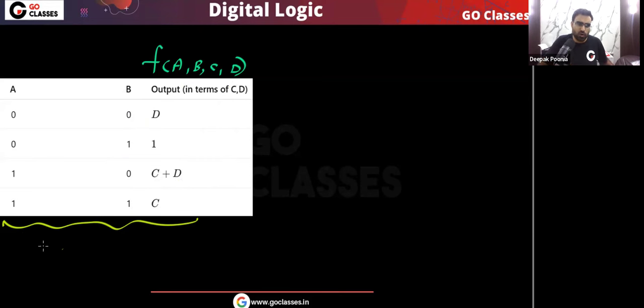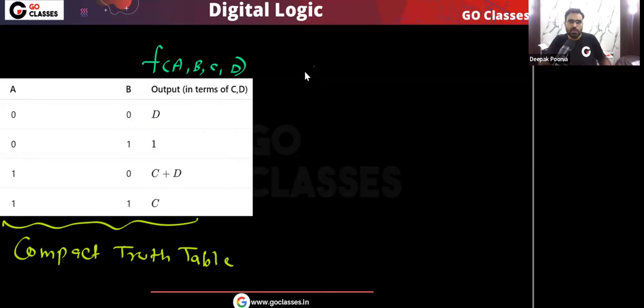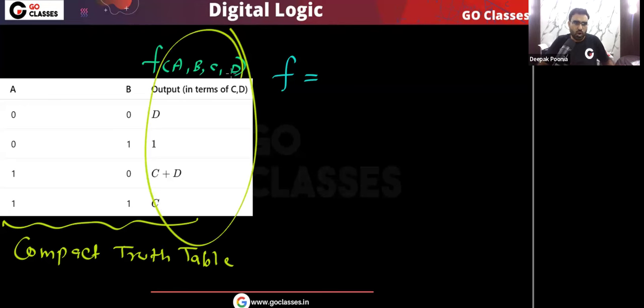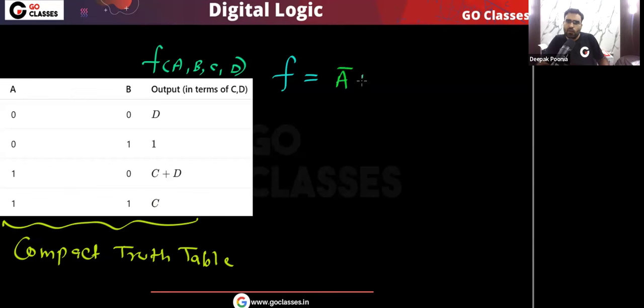So the function depends on 4 variables, and this truth table that we have is basically a compact truth table. Now let's write the expression for function f. Very easily we can write the expression for any boolean function from the compact truth table. You know that for this min term a0 b0, meaning a bar b bar, the function output is basically d.